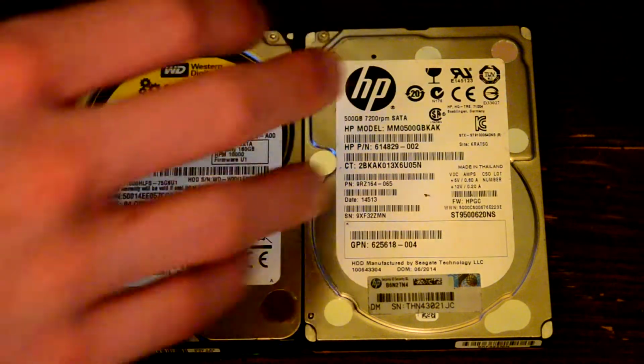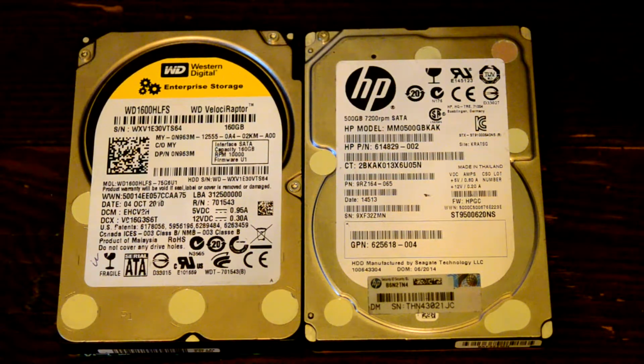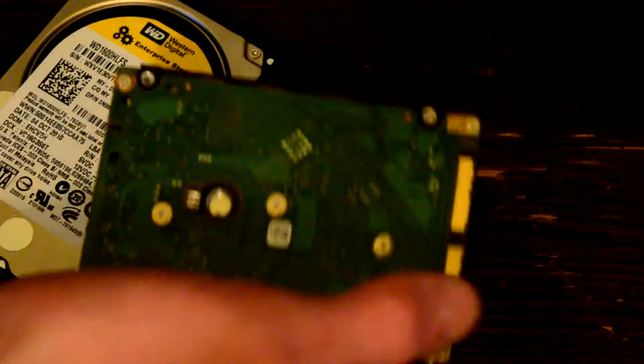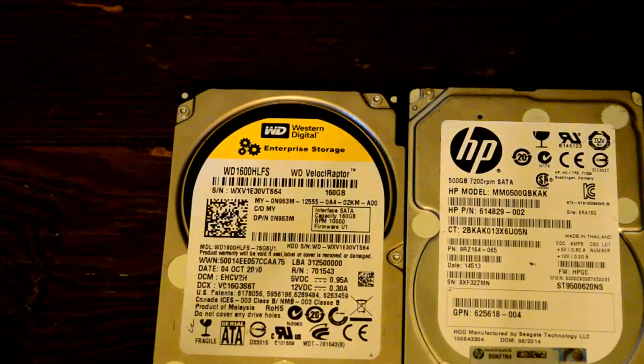This drive is only 7,200 RPM compared to the faster RPM of this one. But it has a little bit more cache, and it's a slightly newer drive with a slightly different design. So I'm going to be comparing these two drives today. Really quickly, just hardware overview, it's SATA, just like the old one. It has a very big controller board, and a very easy difference between them is, let me